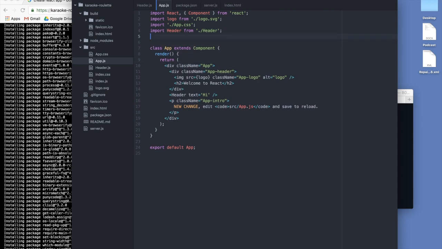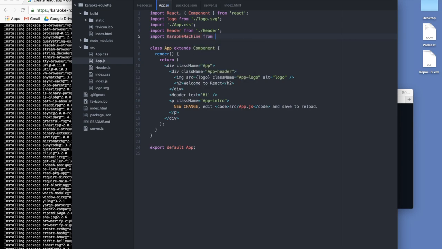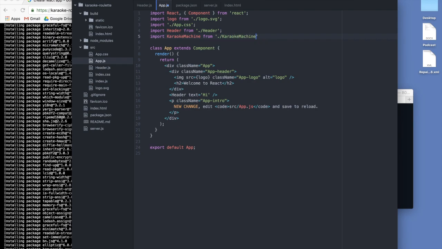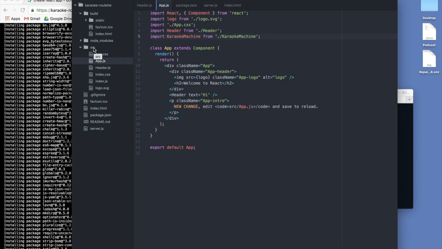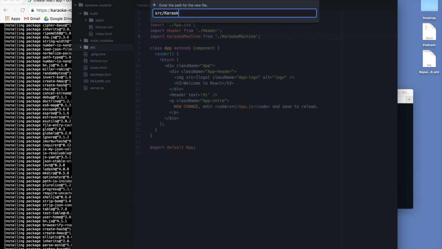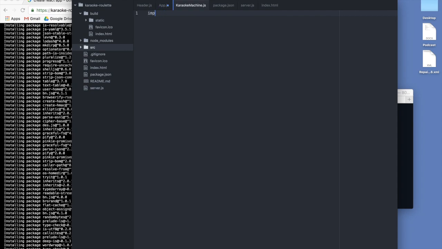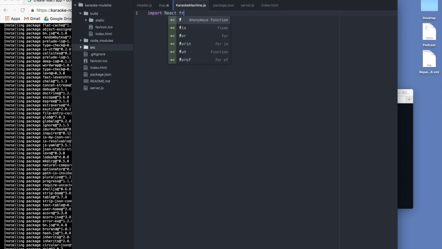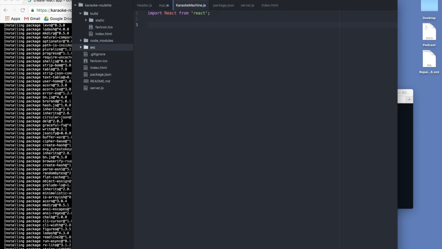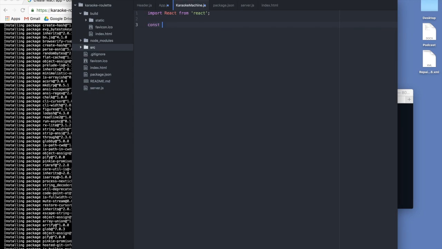So we could do something like import karaoke machine from karaoke machine. By the way, I think Ben Lesh is going to be very excited about this. Don't forget to save. I wasn't going to save yet because it's not there. Because then he's going to be like, yeah, I know React, Tracy. We can pair on React. Ben knows React already. He's like a React pro. No, I'm saying he knows React, but he doesn't like it when I ask him to pair with me on Ember stuff. Well, he doesn't. Yeah, he doesn't not like it. He's just